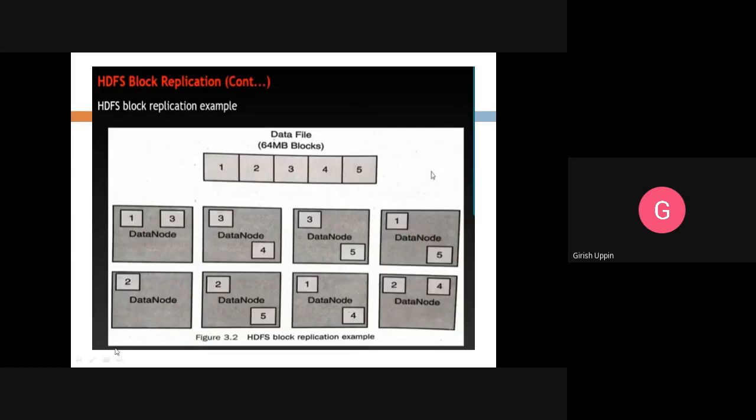So this demonstrates that by losing one node, we are able to easily retrieve whatever data was stored on that particular data node. It will not cause any failure. The only failure would be if the complete rack goes down and all the data nodes are in a single rack, then it is possible that a complete failure will happen. That is very rare. If it is a very critical application, the nodes will be kept on different racks.